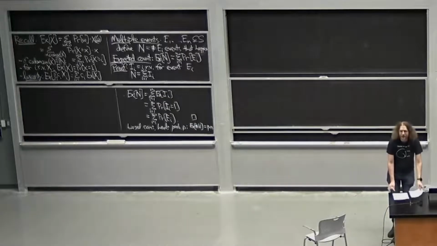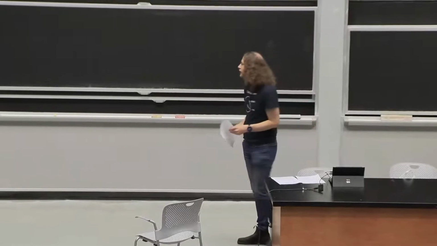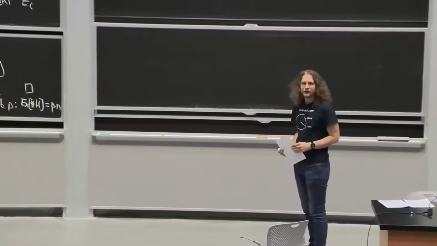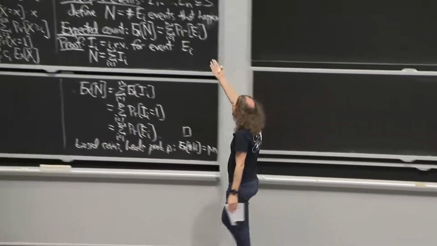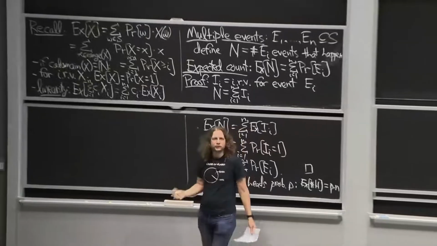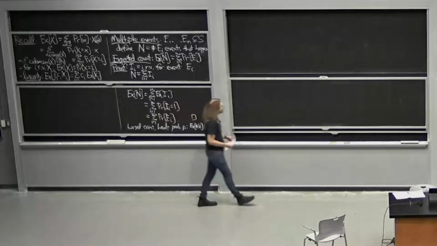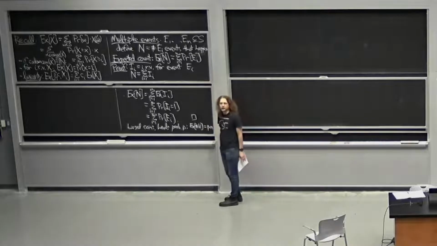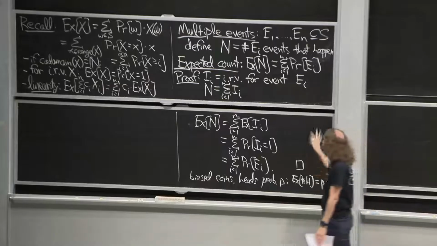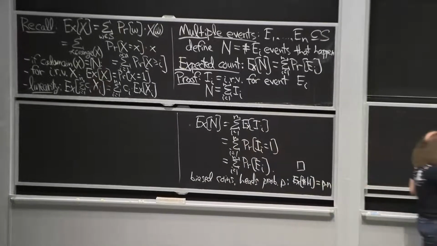Now we'd like to understand a little deeper how many events are going to occur. In particular, a really interesting question is when does at least one event occur? So if you think of these, for example, as being different failure modes for your system, you want to know what's the chance of anything failing out of all the different ways that things could fail. And those events may not be independent. So all of this works even if the EIs are dependent on each other. Maybe they're all the same, who knows? But this summation is exactly the right answer for expectation by linearity.